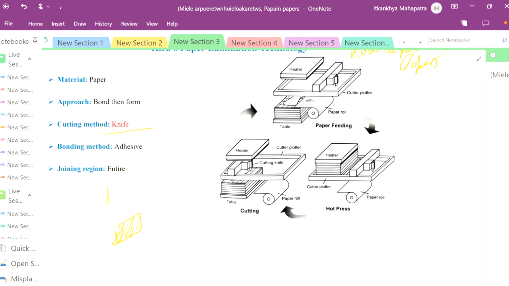Both are equal. Now we are tilting it by 10 to 15 degrees. The reason we are tilting is so that decubing is easy,